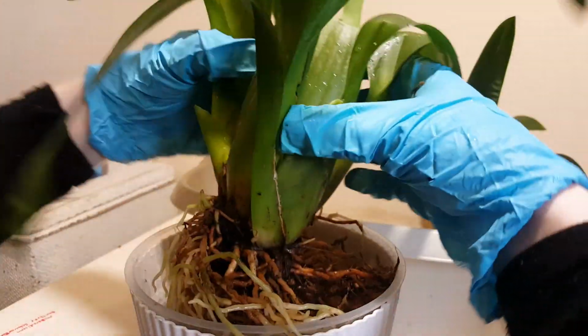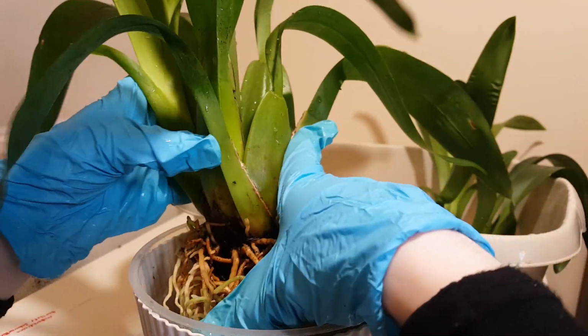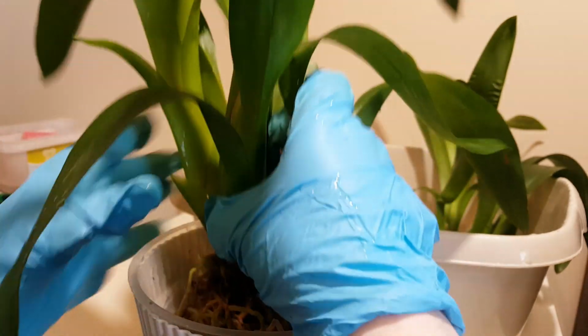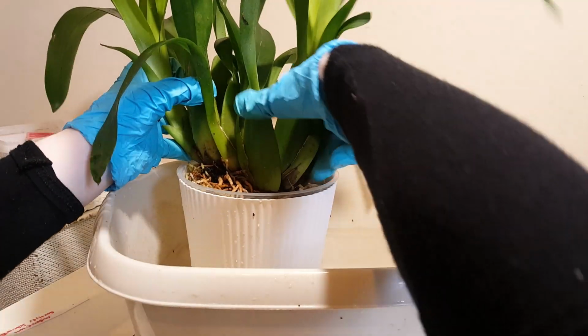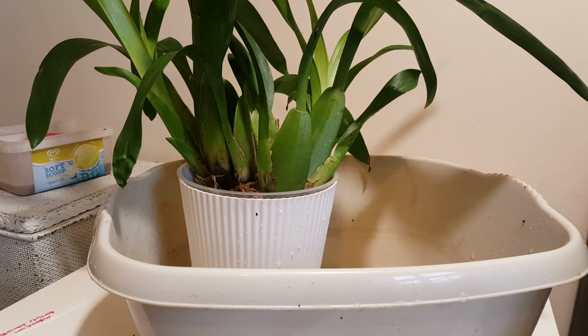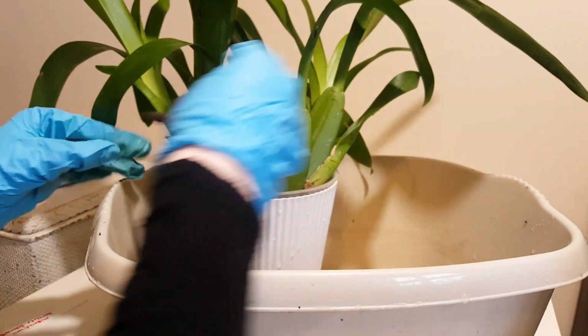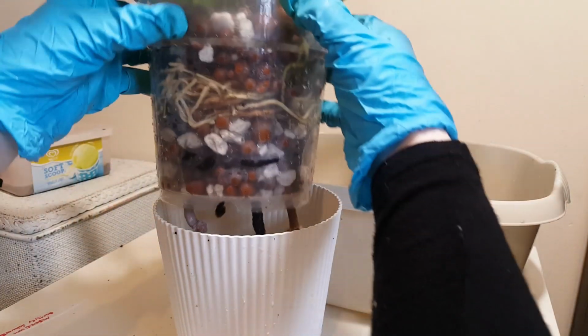They really don't need a bigger pot. They do have a lot of roots, but the actual plant itself, I think at this stage, can go back into this pot. I might need to buy a bigger pot, but at the moment, this is the biggest size that I can do a self-watering setup with in a more affordable way. Other than that, I have to buy the big, expensive branded containers, which is fine, but while I can get away with smaller ones, the 15 centimetre ones will be reused as much as possible. Okay, so that is that one all done,